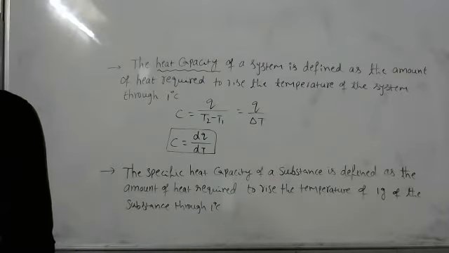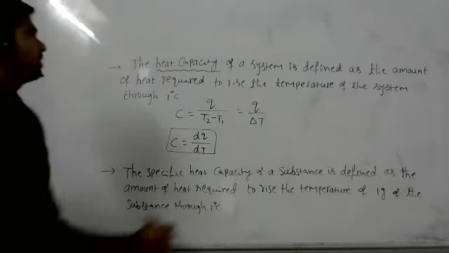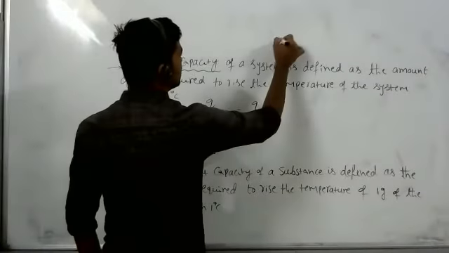Yeah, tell me. Isn't it like heat capacity can be increasing any amount, like obviously small amount, but is it necessary to be 1 degree Celsius? No, it may increase much also. Later we are calculating in a different way. If we divide with how much the temperature increased, we can calculate. So heat capacity can be any temperature change and specific heat capacity is 1 degree only. And in the definition you wrote through 1 degree Celsius.